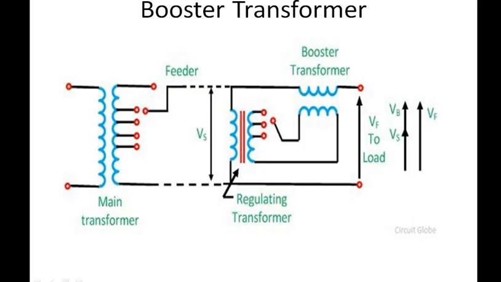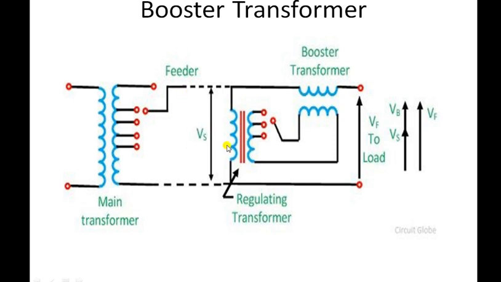Now let us see the second type of special transformer used for controlling the voltage magnitude. It is called a booster transformer. At times it may be necessary or desirable to increase or decrease the voltage at an intermediate point in the line rather than at the ends. In such cases, a separate transformer is used to boost or buck the voltage of the main transformer. This is done by injecting a voltage in series with the line through a transformer. The main transformer need not have the taps.